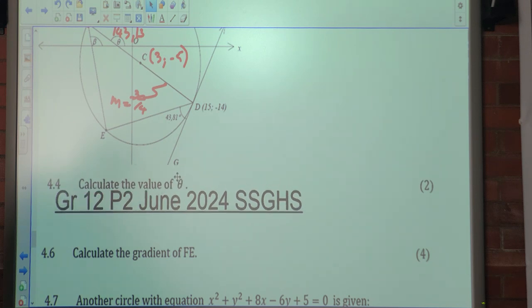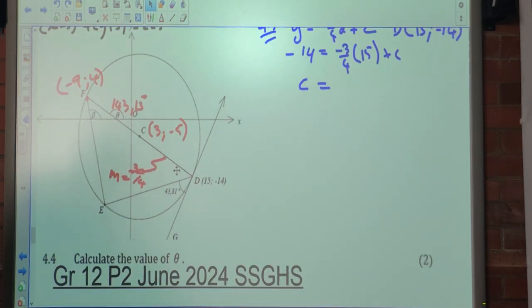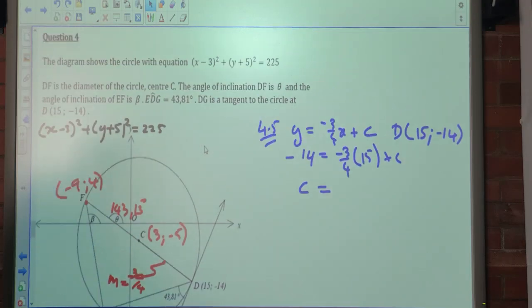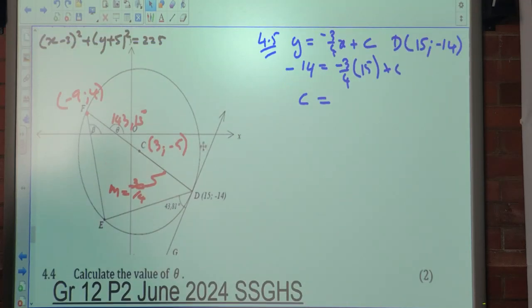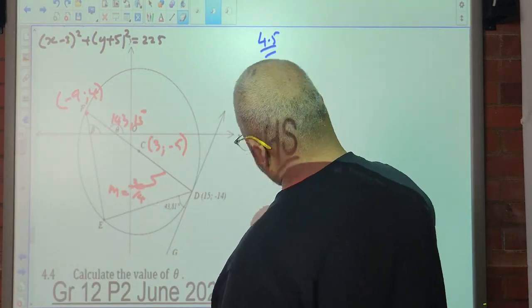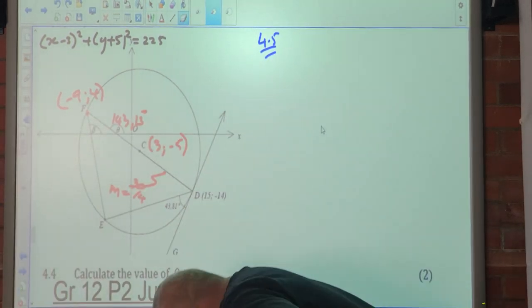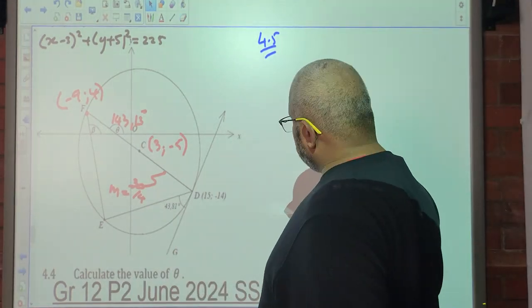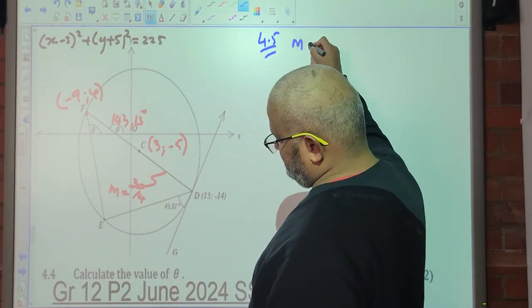You see where the G is? Alright. Did I tell us this is a tangent? So if that's a tangent, we know that this angle is going to be 90 degrees. So take us off. Sorry about that. I looked at the wrong letter. So the gradient of